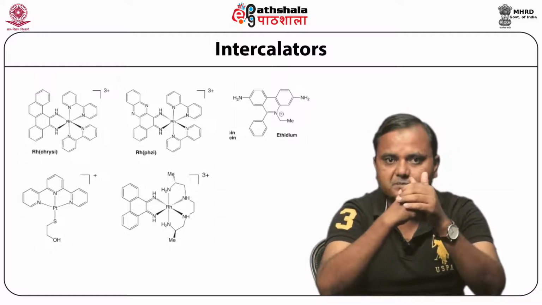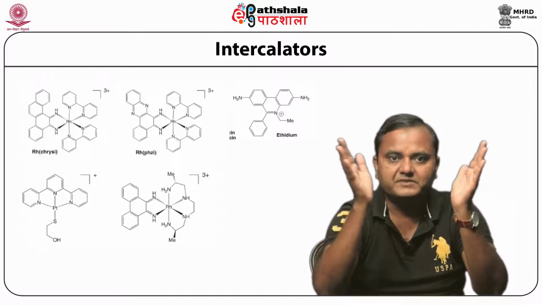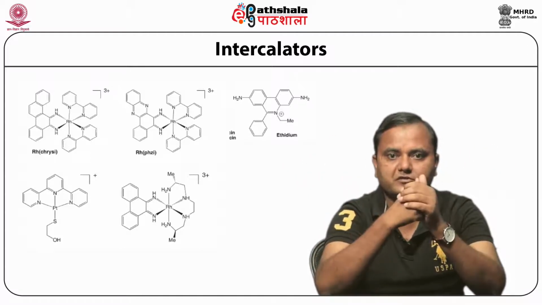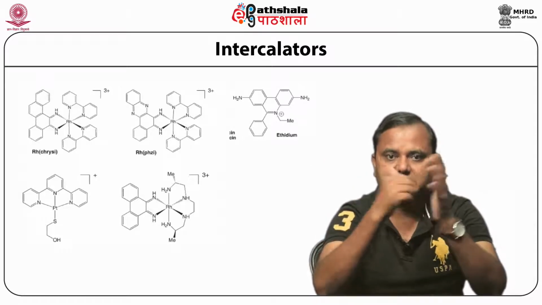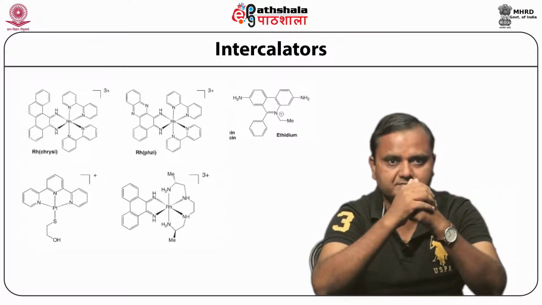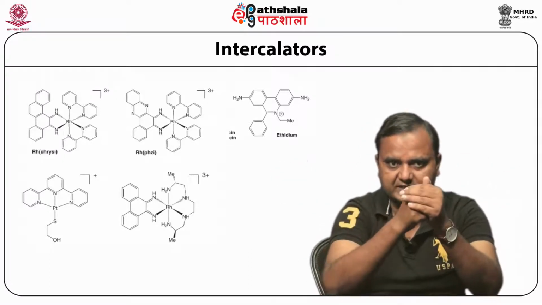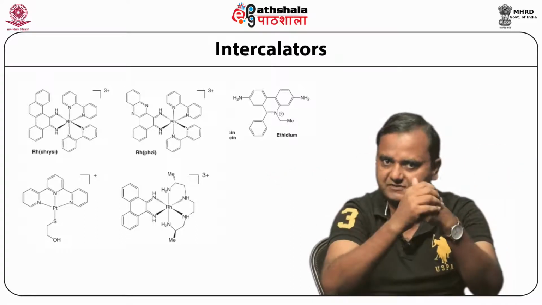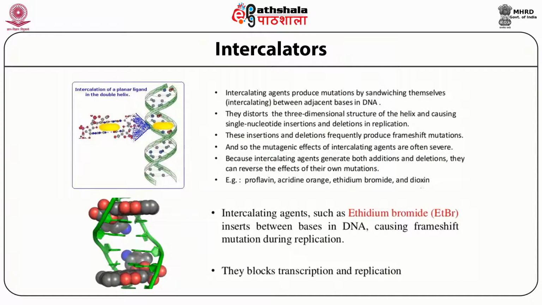Such drugs contain planar aromatic or heterocyclic ring systems, and preference is often shown for the minor and major groove. Intercalation prevents replication, transcription and inhibits topoisomerase 2 function. Here you can see the structures of some of the intercalating agents widely used for the intercalation of DNA and as drug molecules to fight different associated diseases such as cancers. Here we talk about some intercalators that intercalate the DNA.